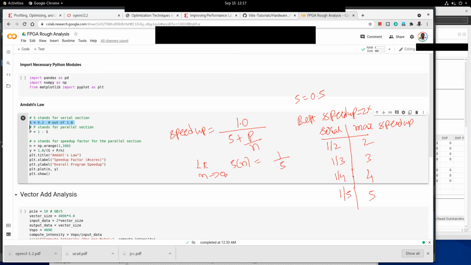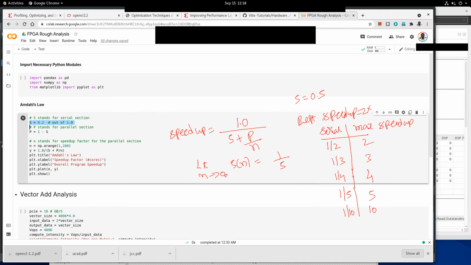Right, and if the serial portion is 1/10, that is 0.1, that is 10%, then the max speed up that we can get is 10. So on and so forth.